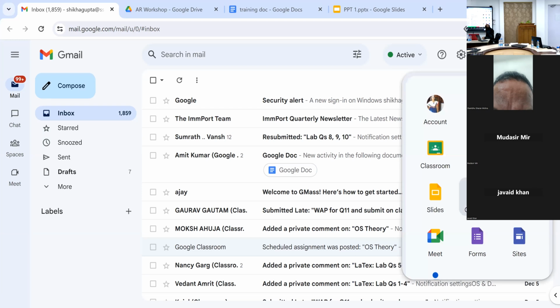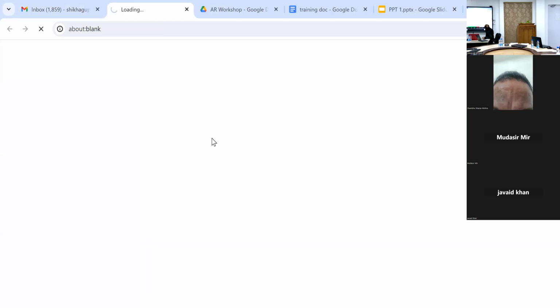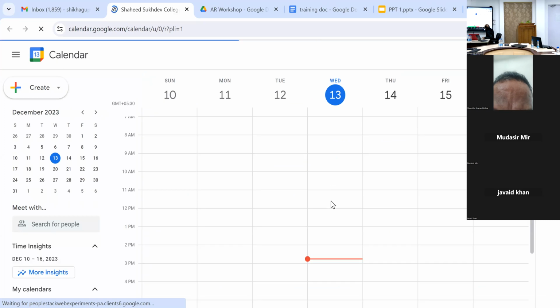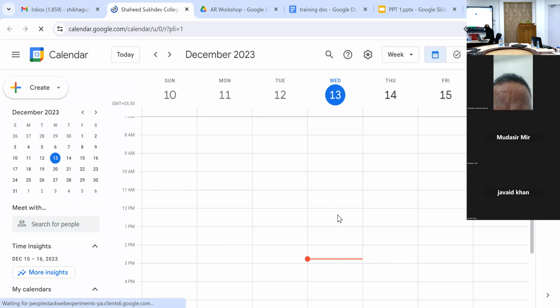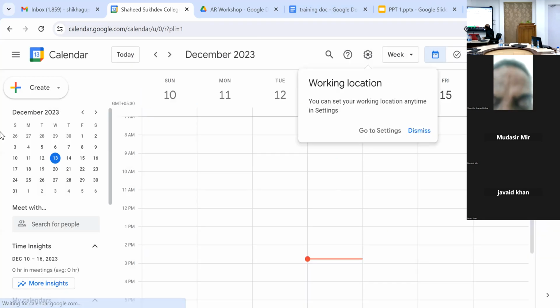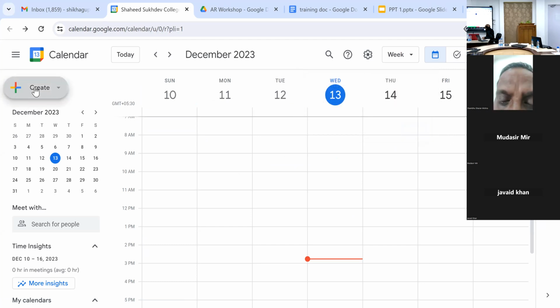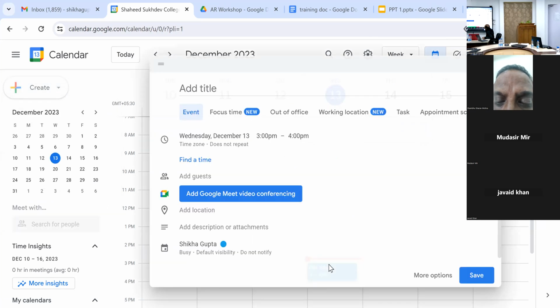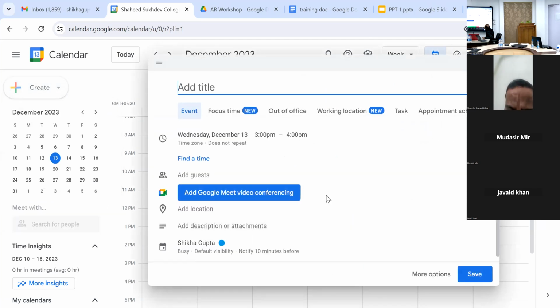Okay, so we are opening the calendar. And we are creating a new event. You can see the plus create. Now I'm creating an event here, right? This event I'm titling as